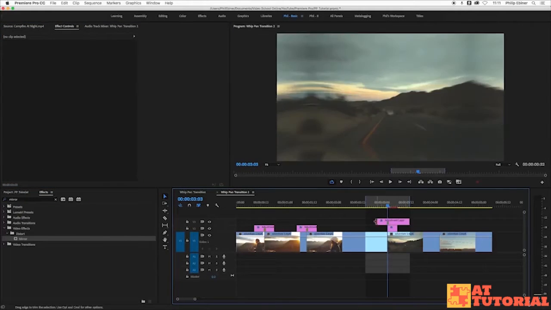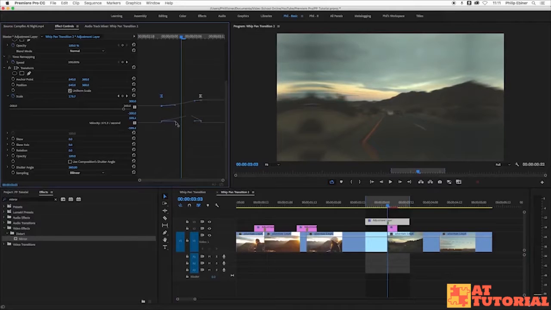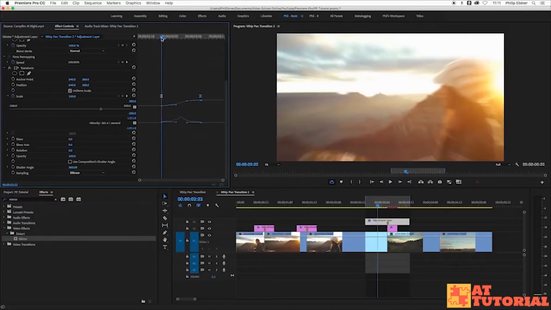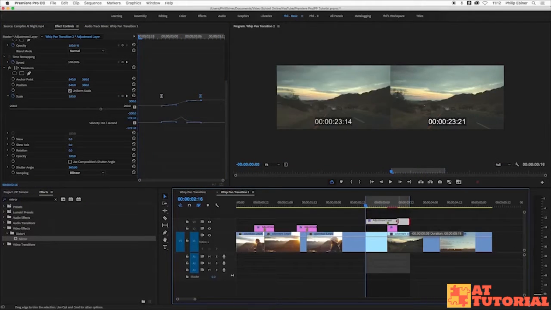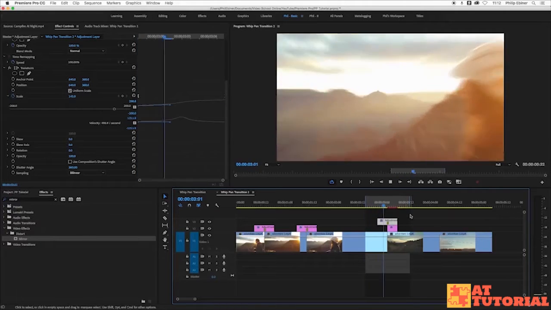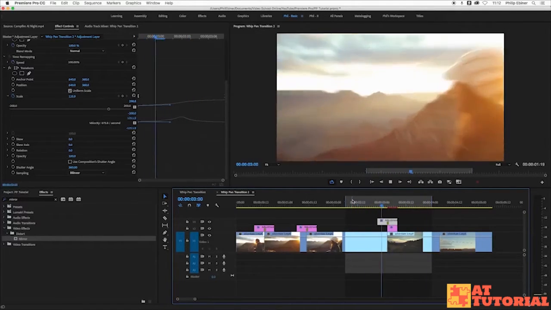So if I extend the edge of this adjustment layer, I can see my keyframes a little bit better. And then I can take this point in, and I'm trying to get that peak in the middle, right where the timeline indicator is, which is on the cut itself, because I want the speed to be the max there, and I want it to ramp into it. So let's bring our adjustment layers back. And if we play a little bit more so you're not getting a seizure,